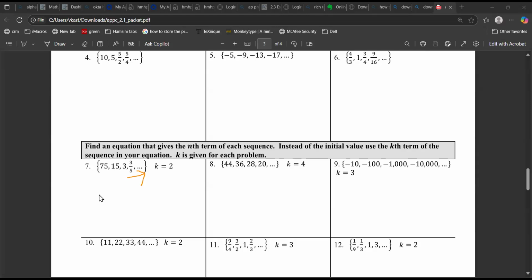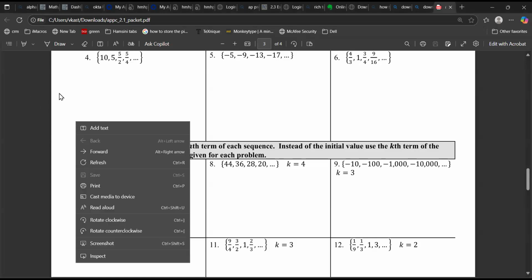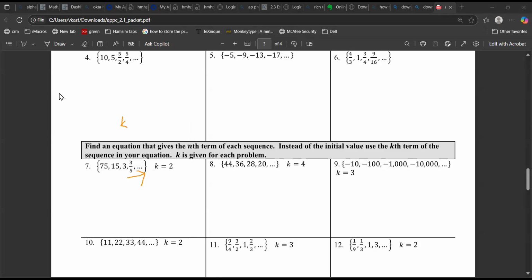Gn. So here, let's say k equal to, here in our example, k will be equal to 2. See, they've given the initial value as k equal to 2, so you need to be careful. K equal to 2. Nth equation you need to write. So Gn would be equal to, the first term of the sequence is what? They've given 2, right? So 75